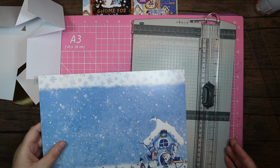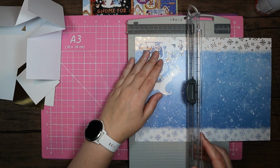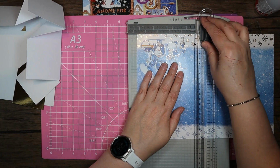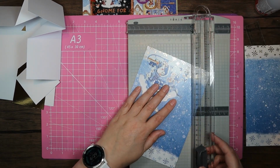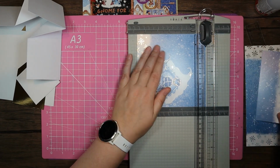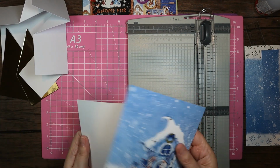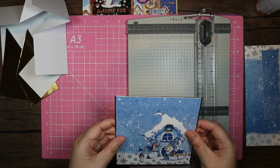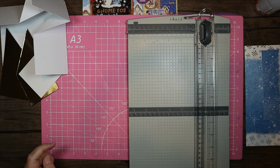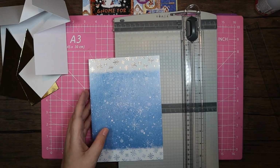So I'm going to start off, obviously with this piece we don't need to. We can cut that to 4 notches under the 6th, because that's going on the inside. So, and then 1, 2, 3, 4 notches under the 6th that way. Okay, so that should fit onto our gold layer there. And we should see the house as well. So let's just pop that there because that bit's done. Okay, now